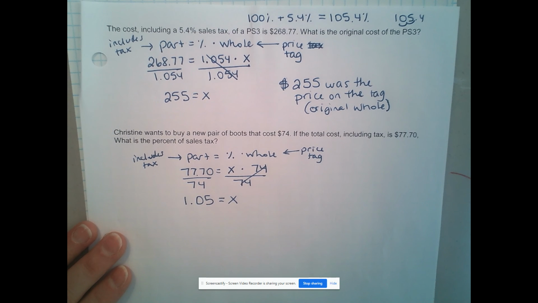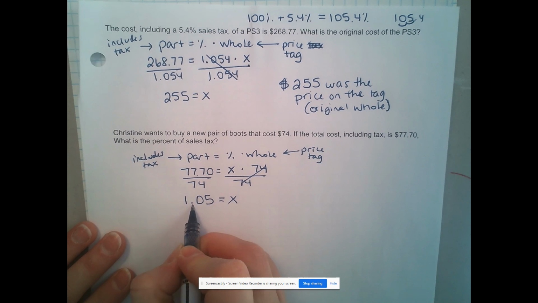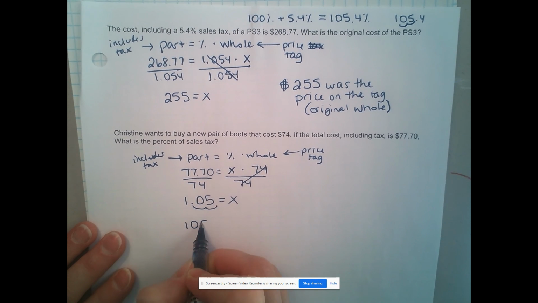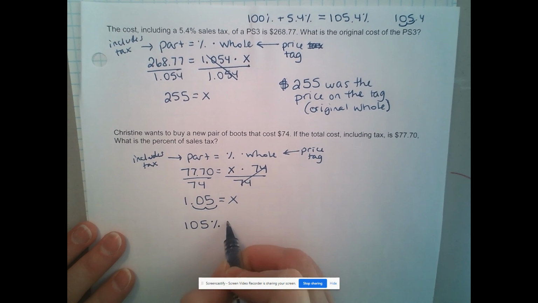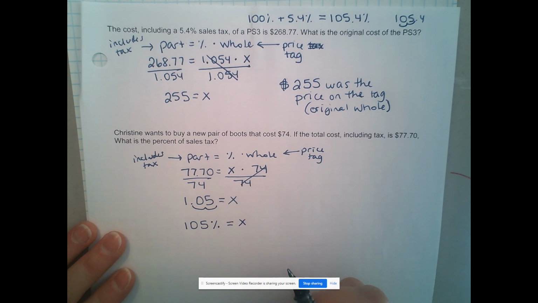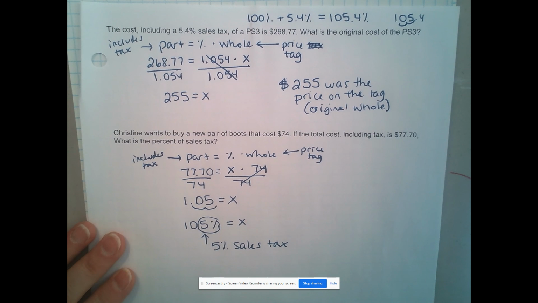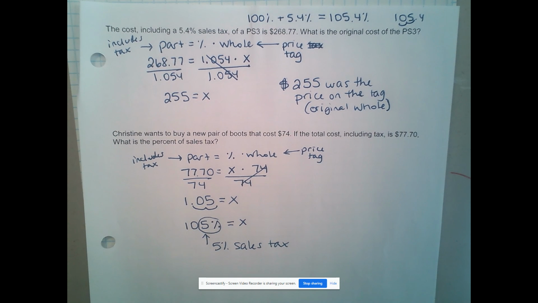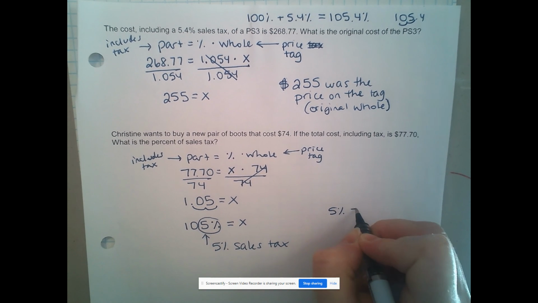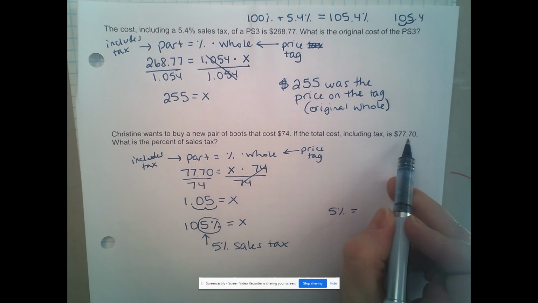That was not a 1.05% tax. That actually stands for, when I take it out of decimal form, 105%. So she had to pay the $74 for the boots, right? Plus an extra 5% sales tax. The 100% is the $74. The 5% sales tax is that extra that bumped it up to $77.70. And if you were curious, the 5% from 74 to $77.70 is the extra